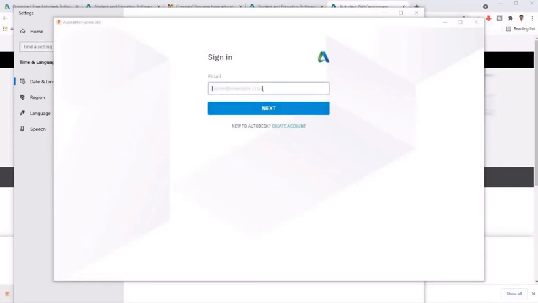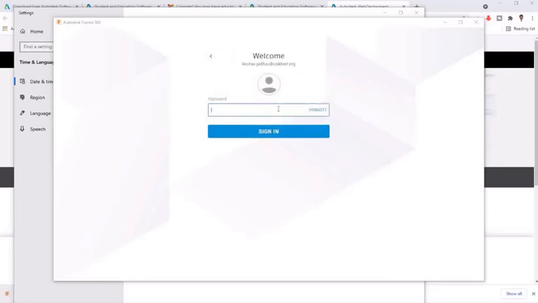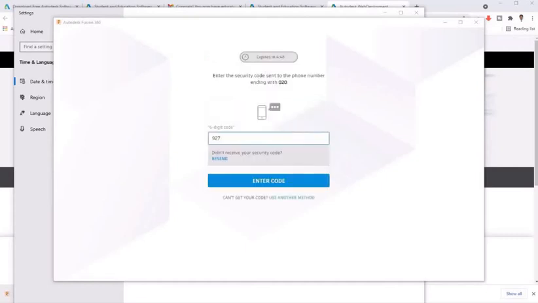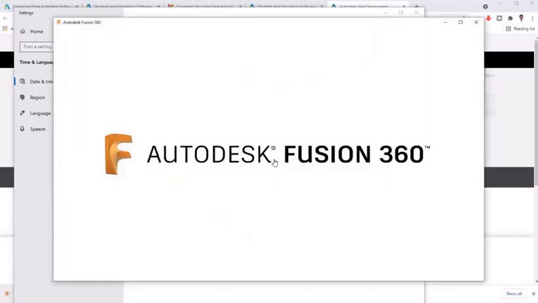Again you have to sign in here, enter your email address, enter password, and you will get an OTP through SMS, so enter that OTP and verify.